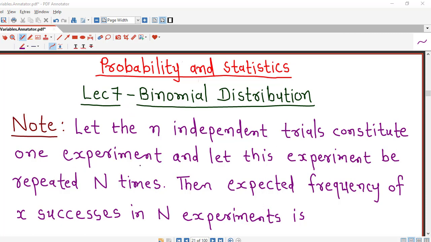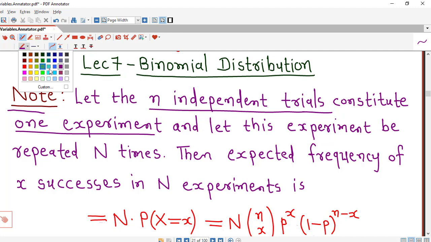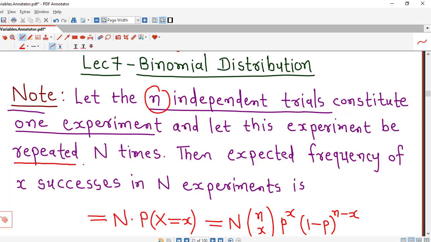In this lecture we will discuss one example on binomial distribution, and before going for that example we try to understand this remark or note. Suppose we have n independent trials and these n independent trials make one experiment, or suppose one experiment is made up of n independent trials, and suppose this experiment is repeated capital N times. So we have n independent trials which make one experiment, and that one experiment is repeated capital N number